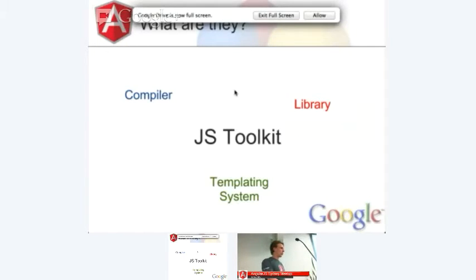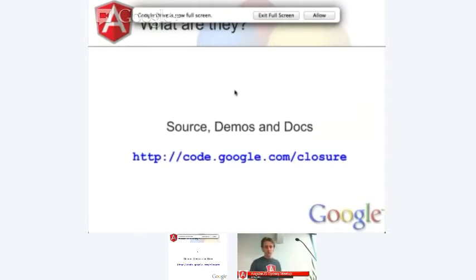But even if you're building a small web app, the fact that it's the best JS minifier means that the Closure compiler will make your JavaScript that much smaller and that much faster to download onto a client. There are a few other benefits I'll get to as I talk through it. So Closure compiler, extremely useful.